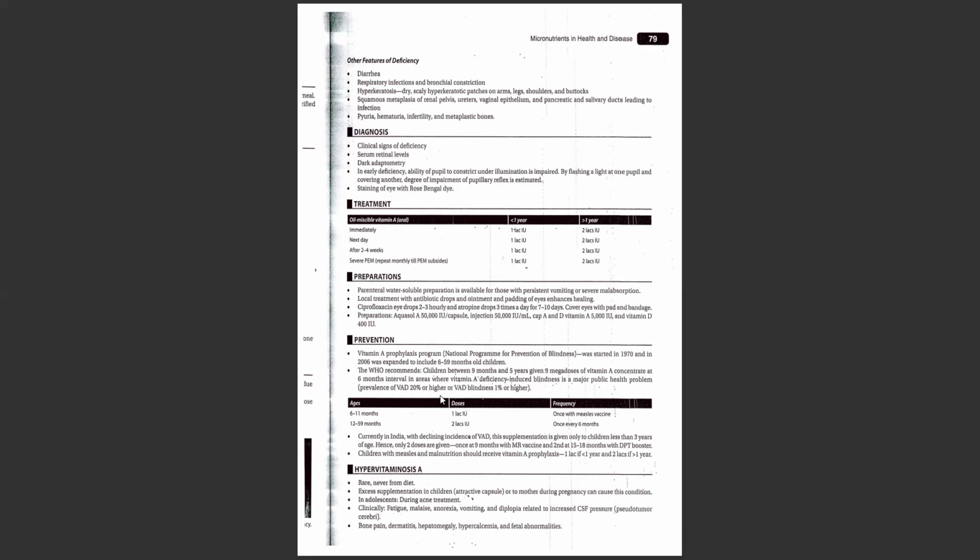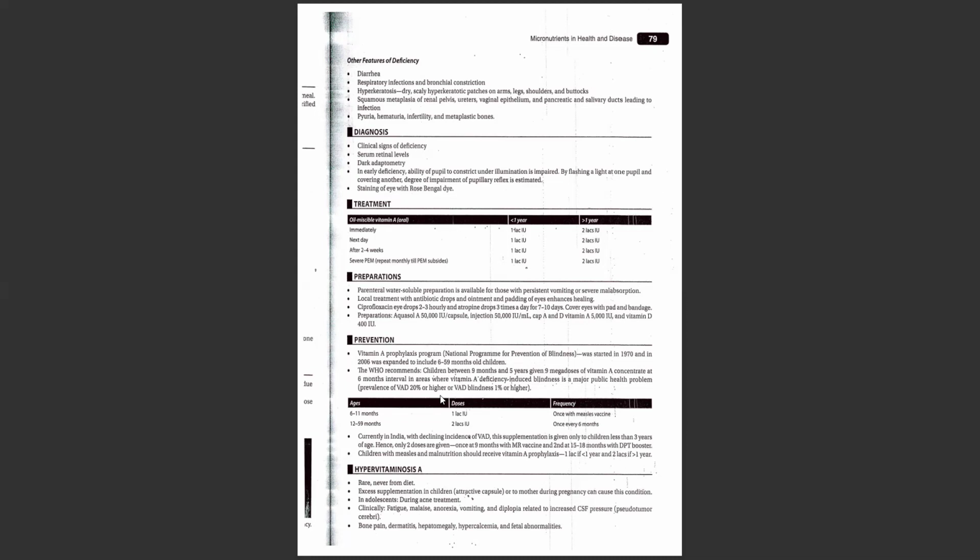Then we go into the treatment. If a patient is diagnosed with vitamin A deficiency, we have to treat with three doses. Immediately, if the patient is less than 1 year old, we have to give 1 lakh international units of vitamin A orally. If the patient is greater than 1 year of age, we have to give 2 lakh international units. There are three doses: immediately, the next day, and after 2 to 4 weeks, we have to give